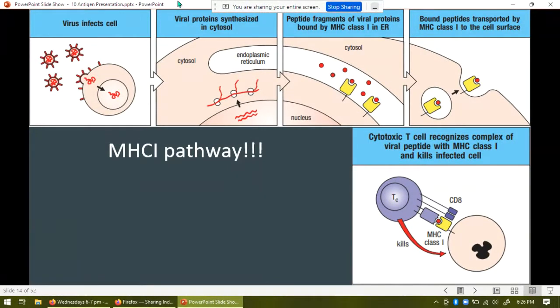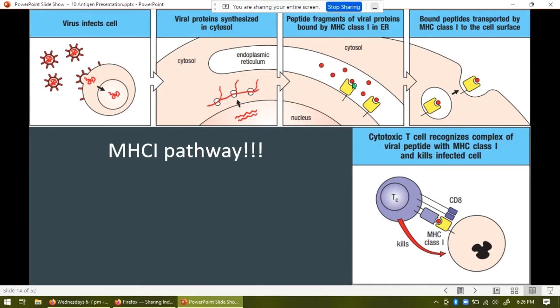There's kind of 5 major steps to it. A virus infects a cell, and then viral proteins are made in the cytosol, right? That's where almost all viruses replicate. Or they replicate in the nucleus, depending on the virus, but the proteins will pretty much always be made in the cytosol. Some of those proteins are going to be imported into the endoplasmic reticulum, where they will be bound